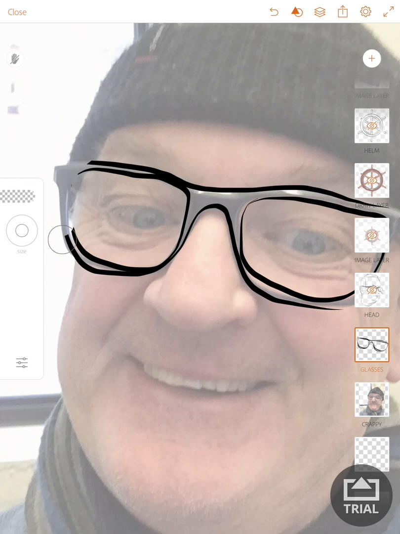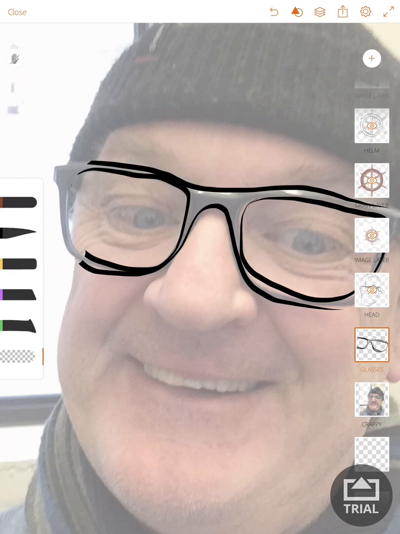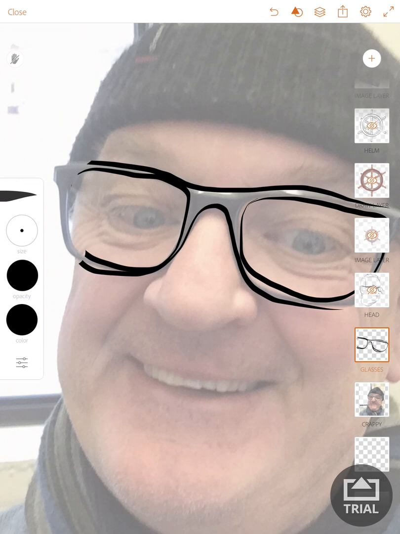portions that are unwanted. One other thing to keep in mind, I'm just going to tap, choose my variable width brush tool, is that if you create an area that is completely bounded, when you hold down inside that bounded area, it fills in. Another thing that's worth noting, while you have an undo command up top here, you can also use a two-fingered swipe to the left to undo, or a two-fingered swipe to